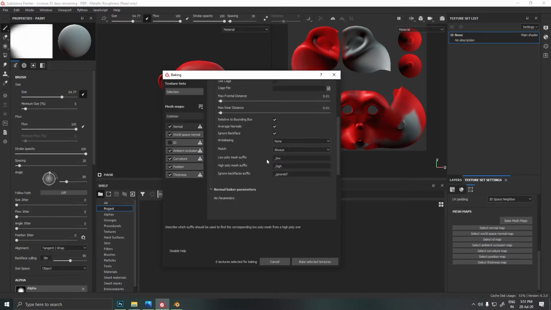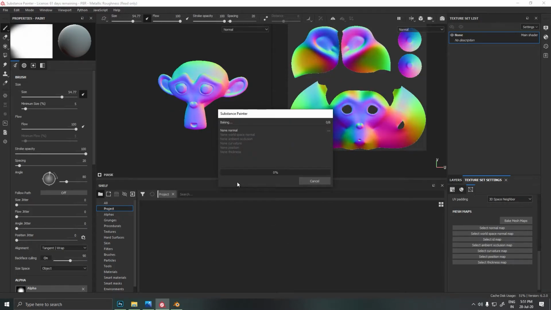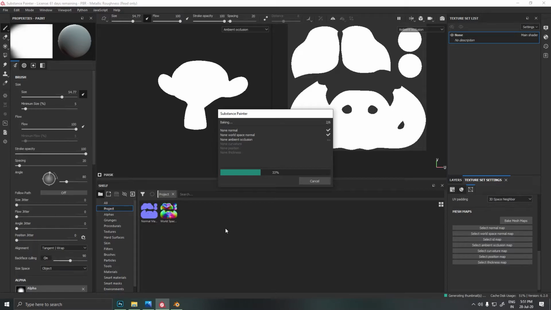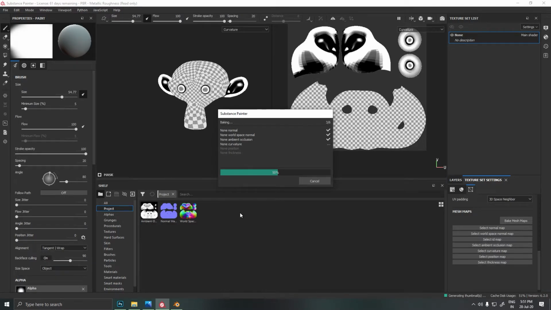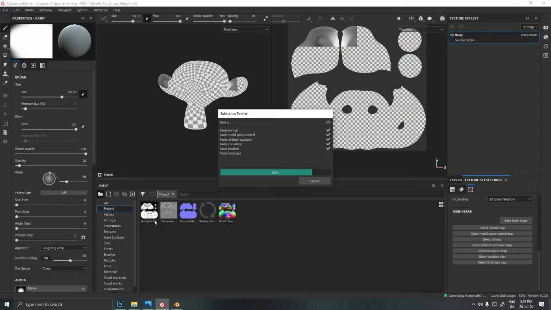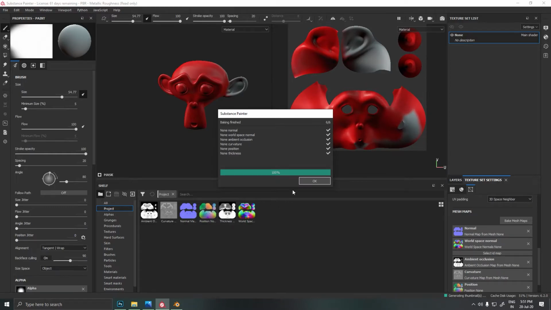And these are just anti-aliasing settings, how much anti-aliasing you want, and I just keep the default setting. I don't play with these settings more, because the more you play, the more time it takes and the messier the file becomes. So just render the texture. See, it's baking the textures. You can see these baked textures over here.